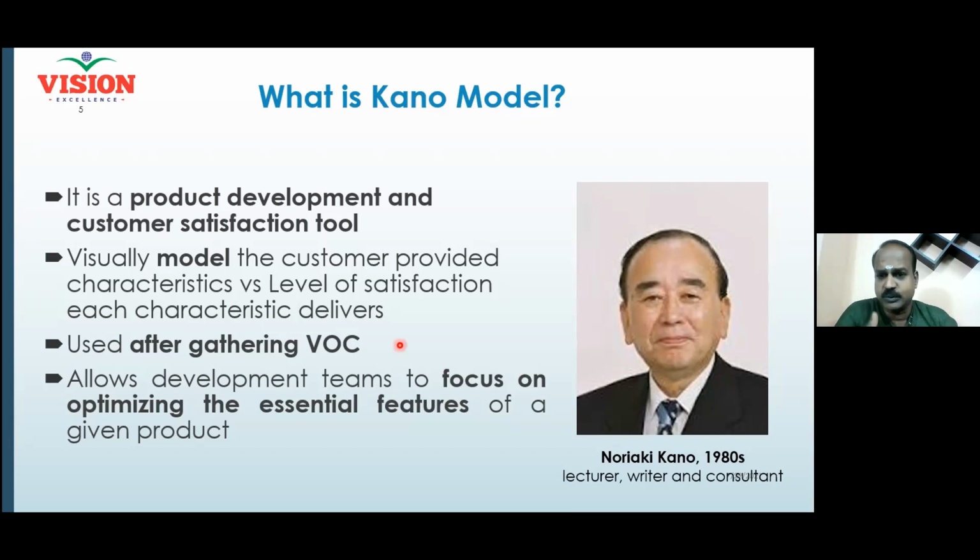Maybe through some surveys with some questionnaires properly designed, you can collect the voice of the customer. So once the voice of the customer is collected, you know your customer's expectations, you know your customer's requirements, and so you can proceed with prioritization. So when it comes to the prioritization, the Kano model will let you do the prioritization very effectively.